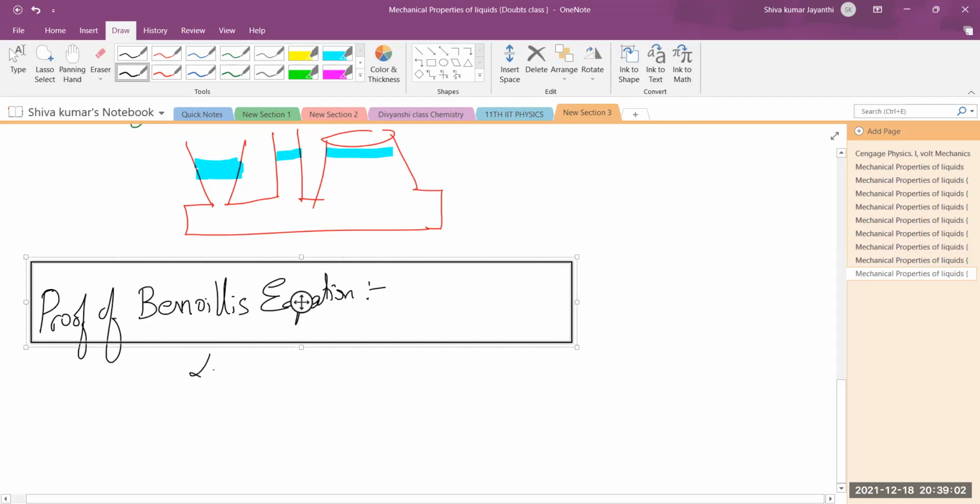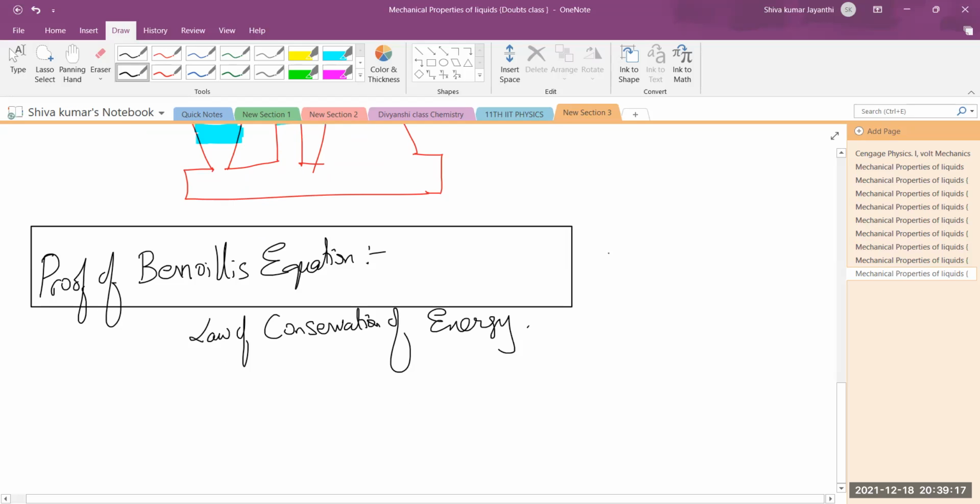It is actually the outcome of the law of conservation of energy, and it is based on the law of conservation of mass, which is nothing but the equation of continuity. First, we have to derive the equation of continuity,